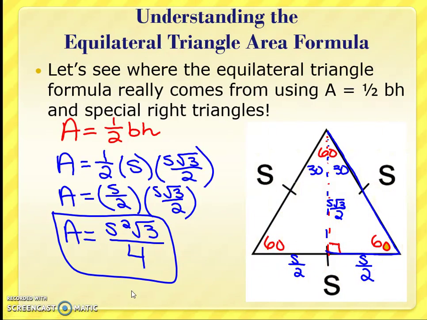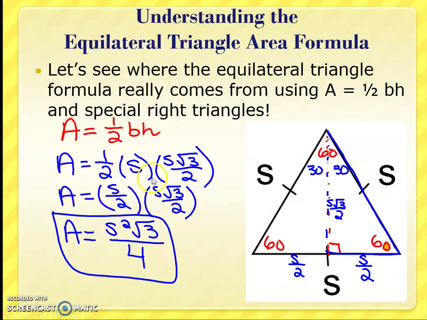So I'm going to actually show you how this area formula came about. So try to understand the equilateral triangle area formula. Let's see where the equilateral triangle formula really comes from using A equals half times base times height and a special right triangle. So right here, let's say if I draw a line here, the area of a triangle is half times base times height, right? So area is half times base times height. Let's write that. So area will be half times,